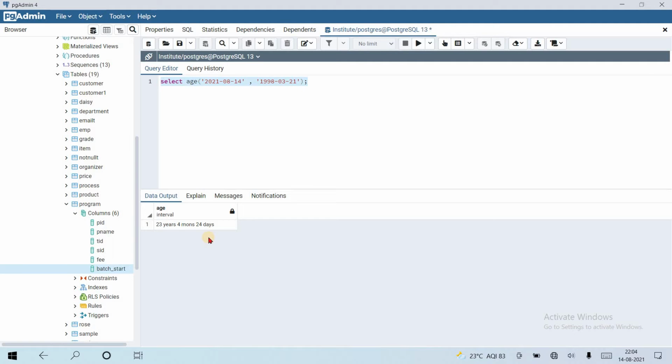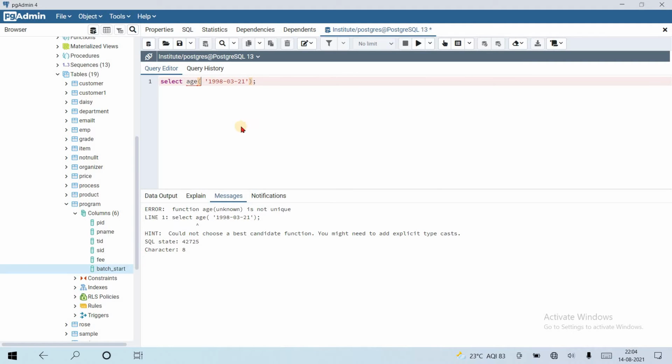Okay, what if I do not specify the start date? Will it return a result or not? Let's see. No, it says that function age is not unique. But what if I use the timestamp keyword here, timestamp, and now this age,